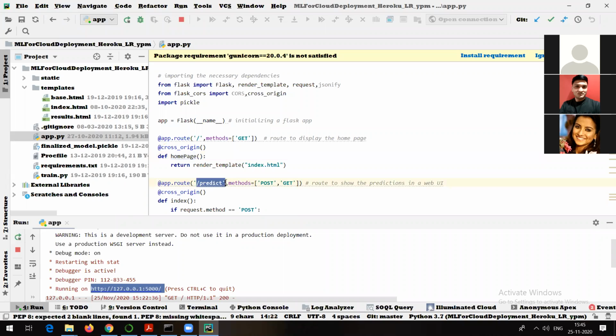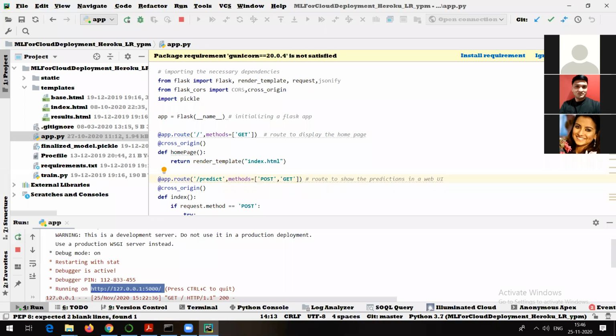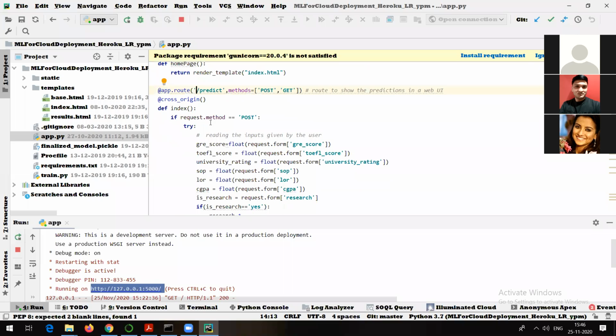So what are we getting? What are we doing here? We are posting the results. And if you want to get something, we can get that. This is the method we are going to make use of. And again @cross_origin, because we want that particular route to be used by people who may be in another network. Right. And this is the main thing which is going to start.